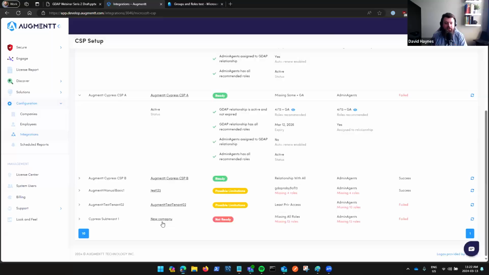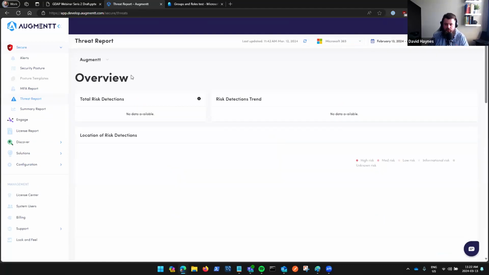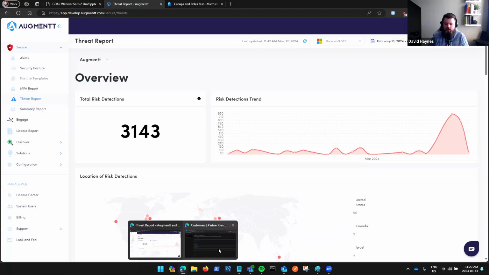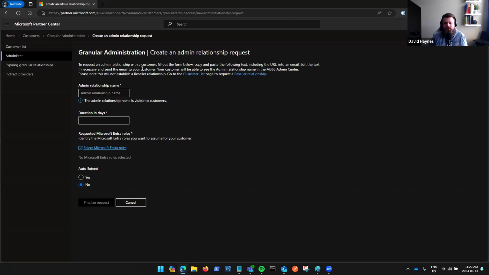Exactly. And just tying that back to Augmentt, we want MSPs to use Augmentt. Obviously, we want it to be a tool for you to leverage. The threat report, Michael, that's free to use, right? That is free to use, yes. So what you can do is you're prospecting a customer. You don't want to take full global admin access or anything like that. You want to be very soft in your request for permissions. If you come into here and you say prospecting,